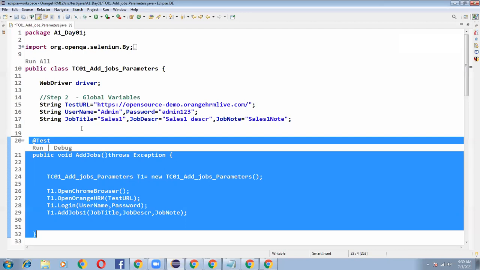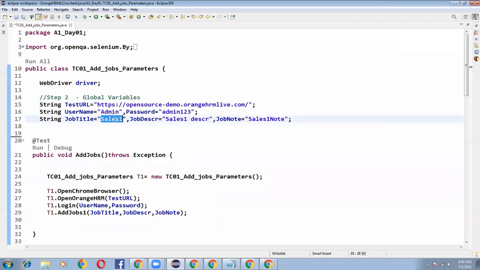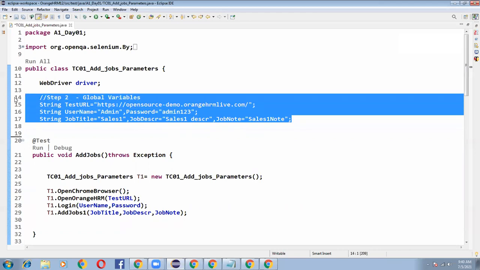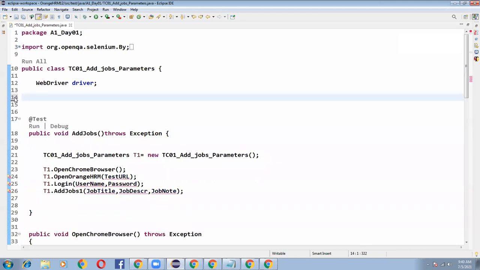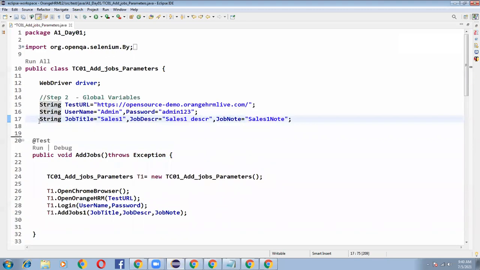That concept we can call a data provider. Just your input values are changing, so that in the system a sales1 record will be created, a sales2 record will be created, and a sales3 record will be created. So what is a data provider? The same concept people also call a data driven test. The data is driving the test multiple times for different sets of input data.